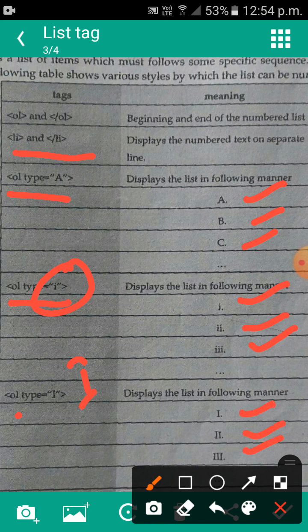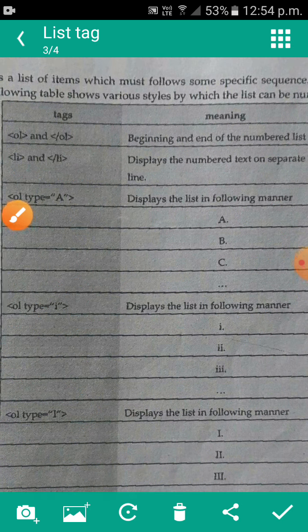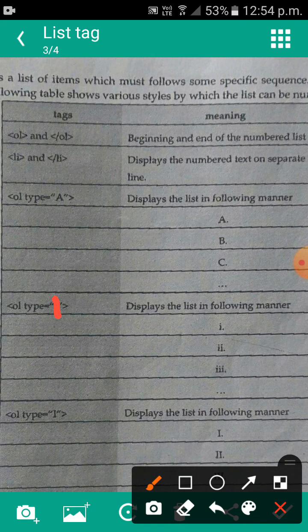Okay, in the other case we give the type as disc, circle, square, which is a bulleted list. Here we are giving the numbered or alphabetical order. We can give type is equal to 1, so it will display 1 dot, 2 dot, 3 dot like that.